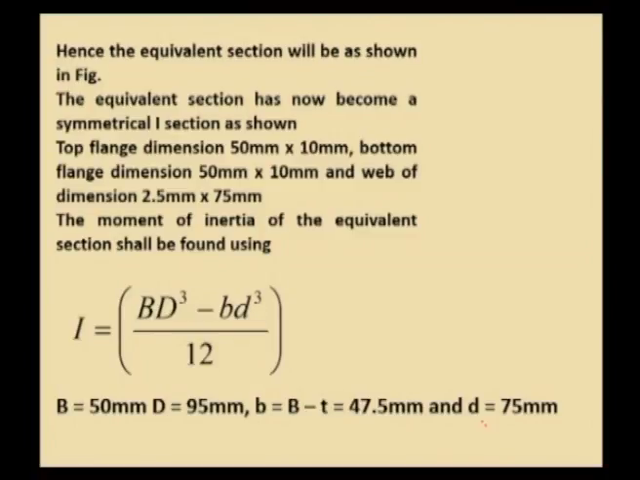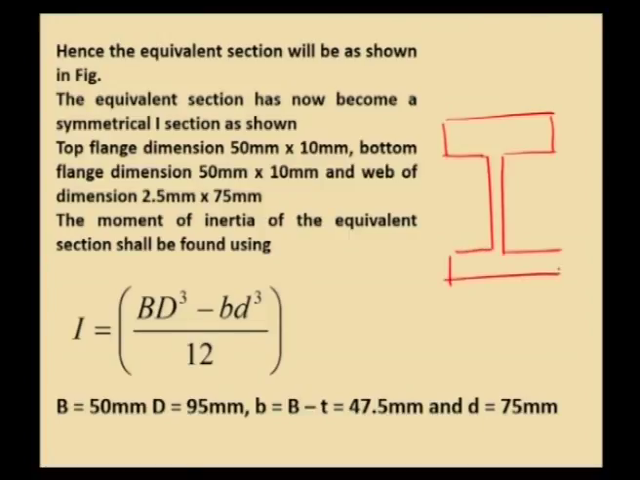So, let us consider an equivalent steel section. The steel section will comprise a top flange of dimension 50 mm by 10 mm. So, the equivalent section is drawn. It can be converted into an equivalent section like this, comprising totally steel. We have replaced timber and formed an equivalent